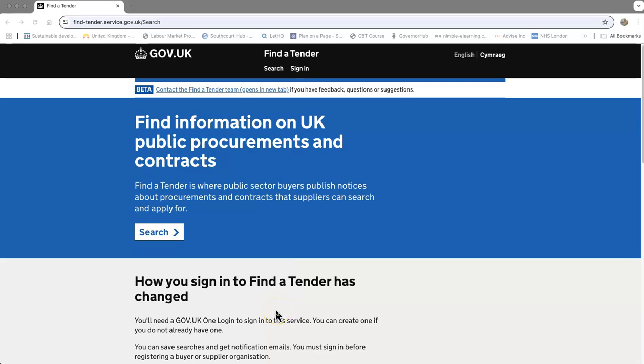On the 24th of February 2025, the Procurement Act 2023 regulations for public sector procurement came into force. This is a short tutorial video to show you how to register for the central digital platform and how to complete the supplier information system. First, you'll need to be at this URL,